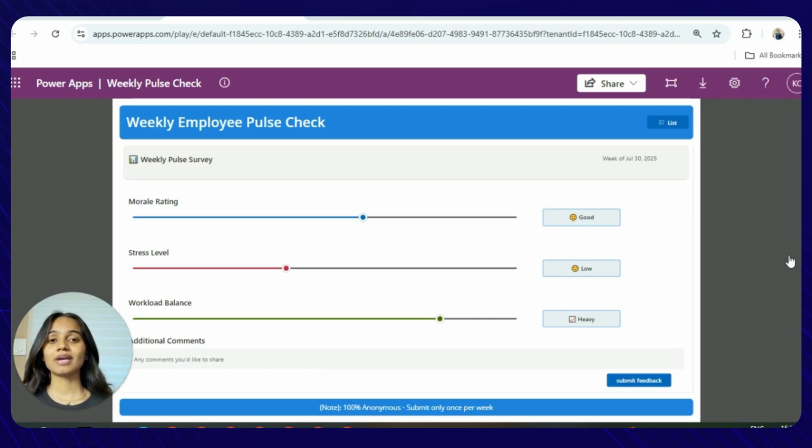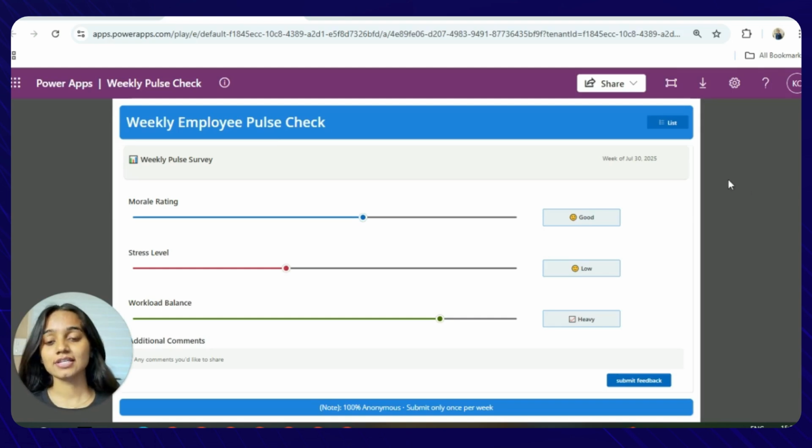After that, the system aggregates all of the things and presents a visual dashboard in front of the HR. So whenever the stress levels are really very high and morale is really very low, it is going to just ping the HR that you need to look into this issue before it turns out into something big. I would be giving you a live demonstration of how things are taking place. So let's stick to my screen.